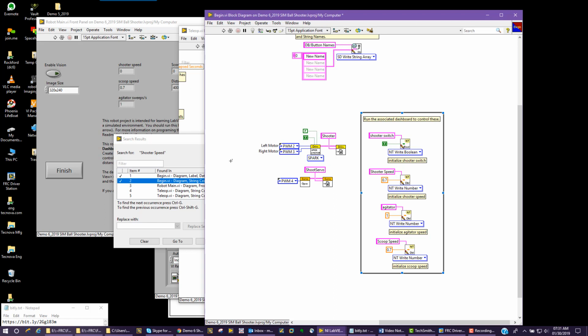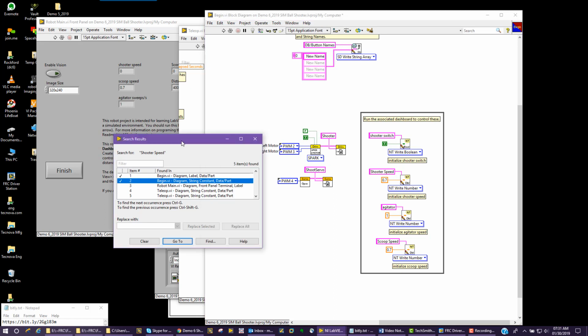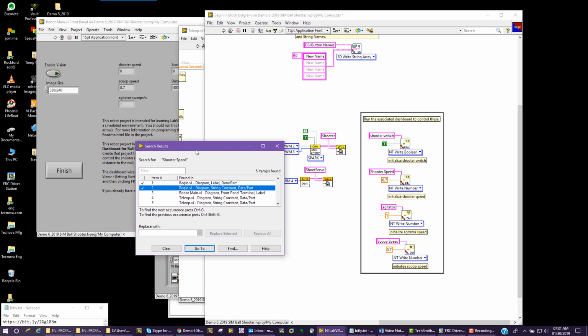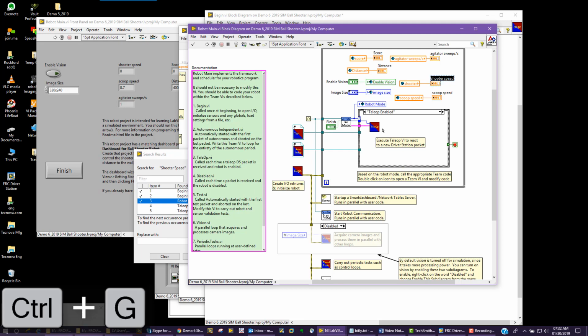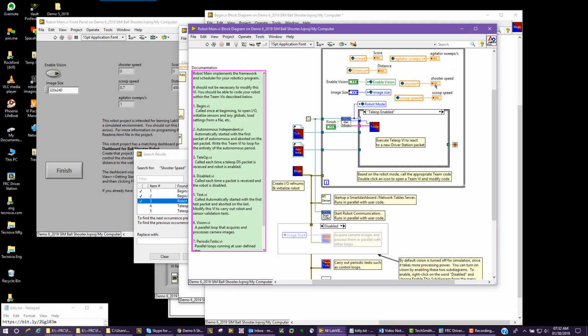So as you can see, this search window gets hidden sometimes, and it's hard to find. But you can use shortcut keys, Control-G and Control-Shift-G, to move up and down this list without having to find this window. So if I hit Control-G, you see I'm highlighted on number 2. If I hit Control-G, we will go to number 3,